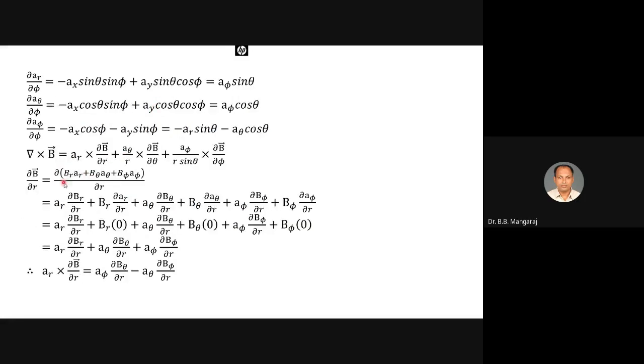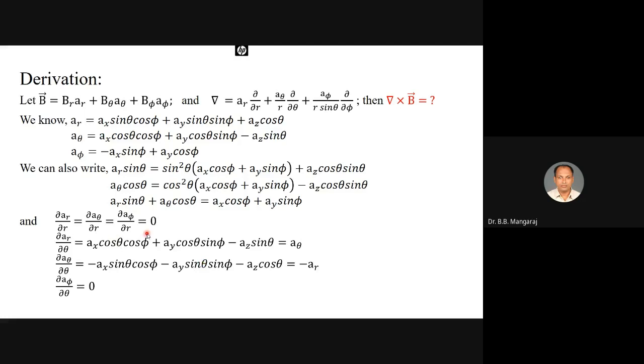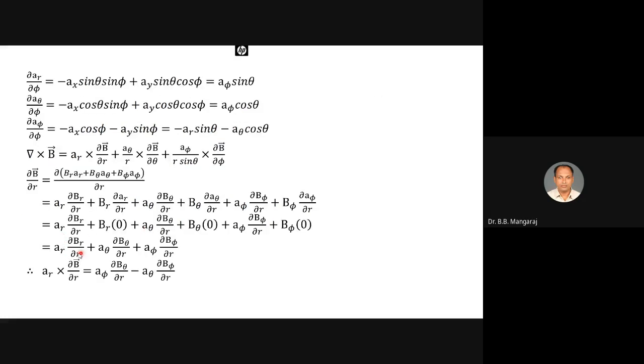Now, this expression has here two terms, here two terms, here two terms. So when we partially differentiate this one, we find a_r del B_r by del r plus B_r del a_r by del r. Similarly, for this also we find two expressions, and this also we find two expressions. The total is 6 expressions. Now del a_r by del r is 0, del a_theta by del r is 0, del a_phi by del r is 0. This we have already seen. So there remain three factors.